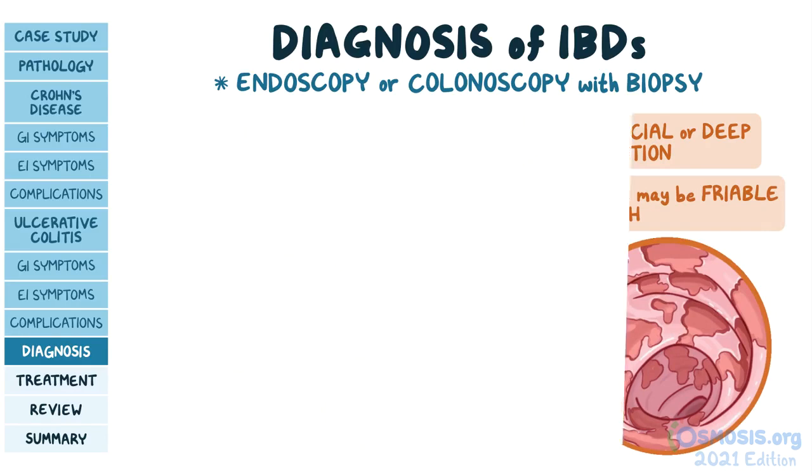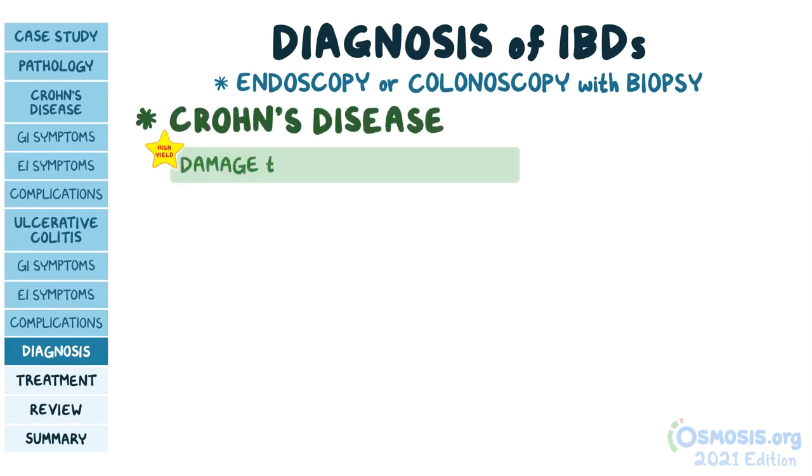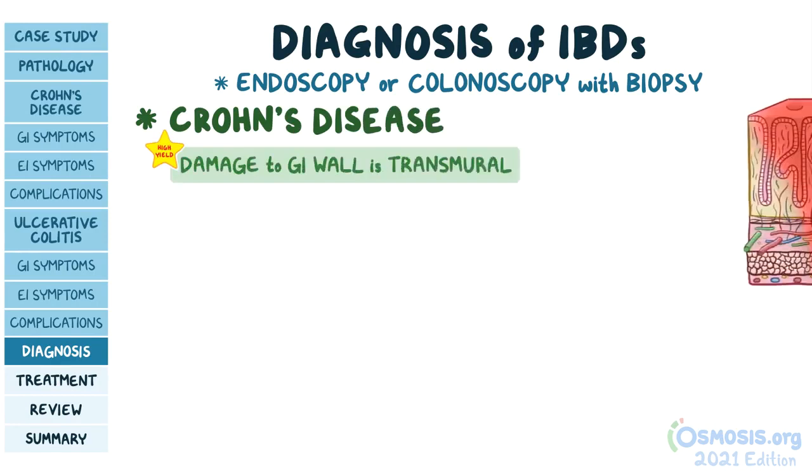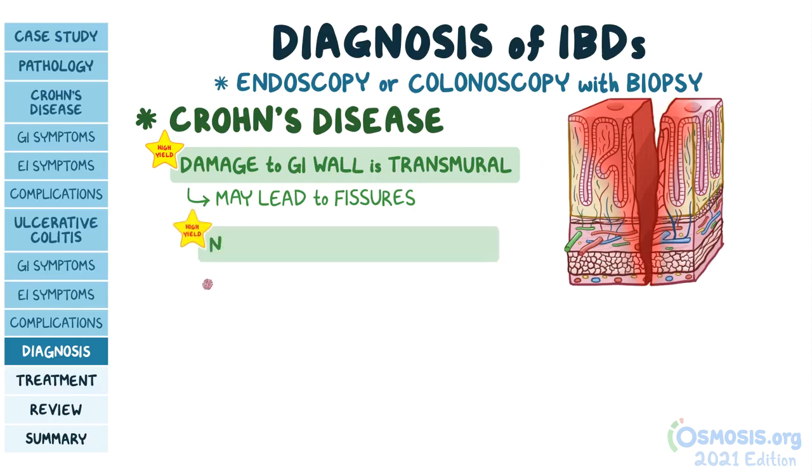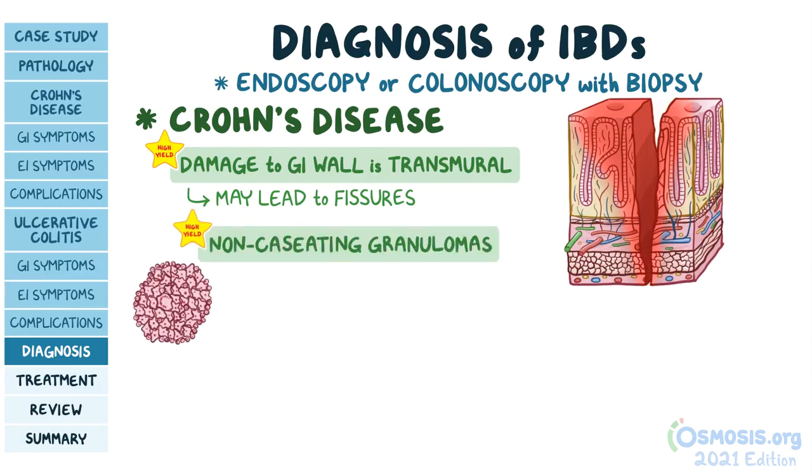Now, if we look at a biopsy, in Crohn's disease, the damage of the GI wall is transmural, meaning that it involves the full thickness, and this may lead to fissures. There can be transmural lymphoid aggregates, where the white blood cells invade down to the deep mucosa and can organize themselves into non-caseating granulomas. The inflamed areas can also swell or scar, forming narrow areas called strictures, which can lead